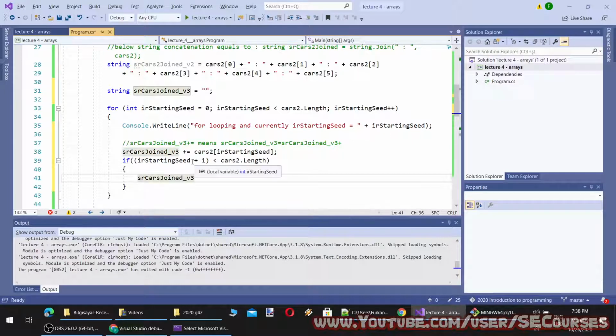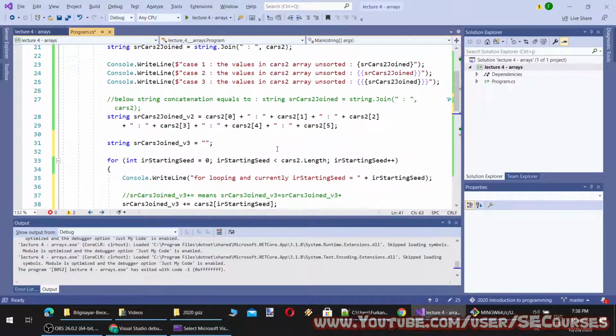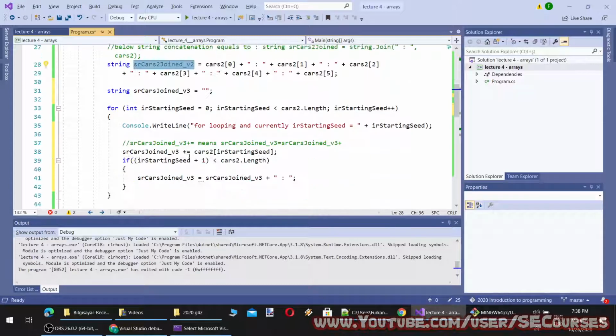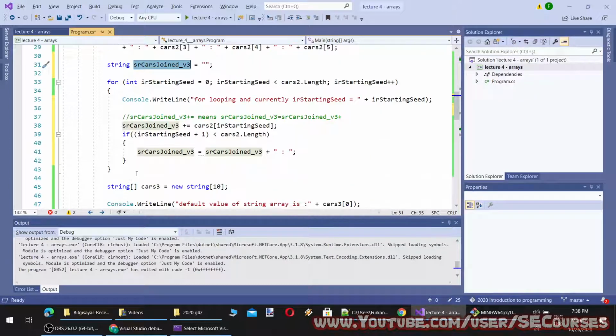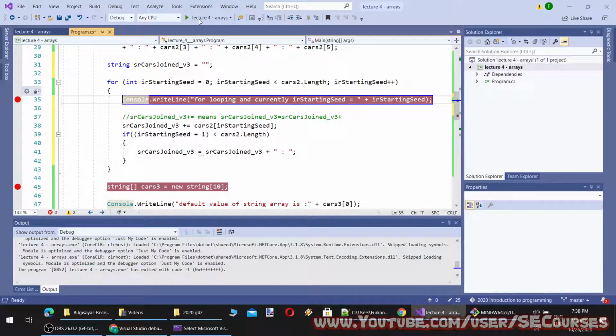I'm going to make it as this one. So at the end, version 3 will be equal to version 2. Let's put a breakpoint here and run it. Actually, let's run it step by step again.